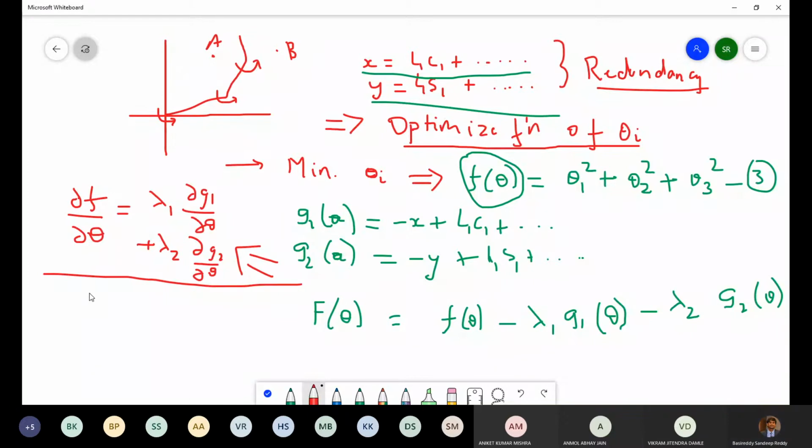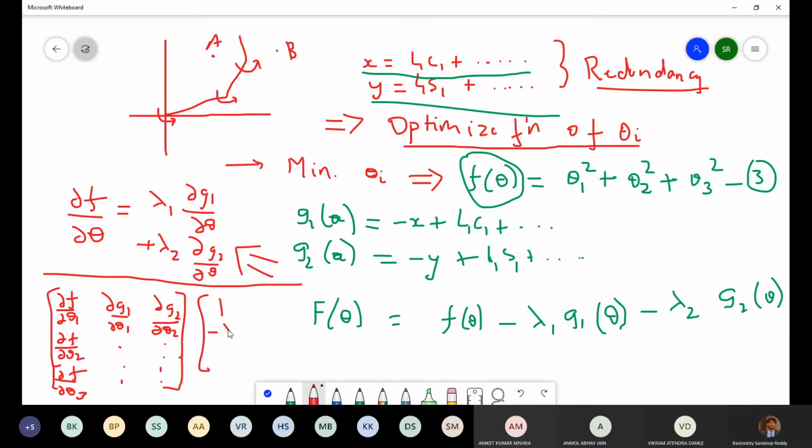Alternately, you can write this in matrix form: del f by del theta 1, del f by del theta 2, del f by del theta 3, then same here, del g1 by del theta 1, del g2, right, and so on. Equals 0.